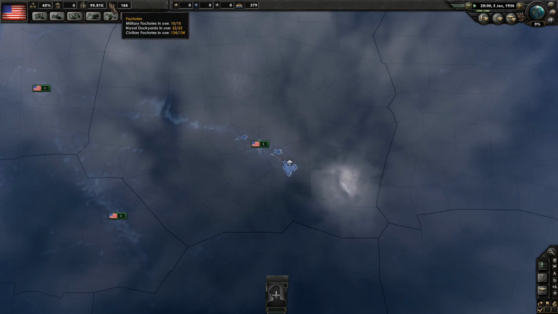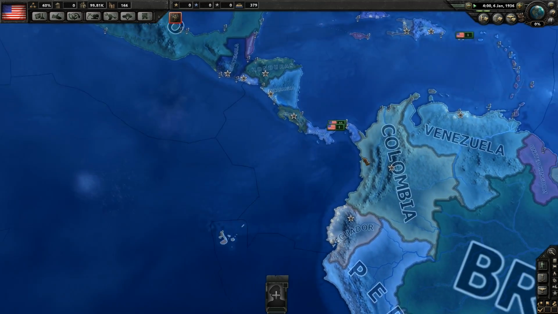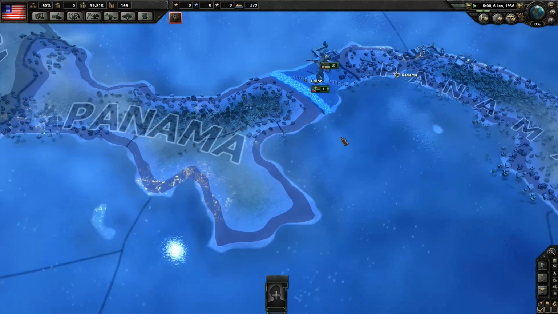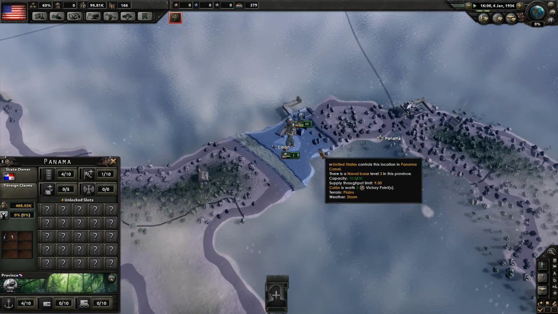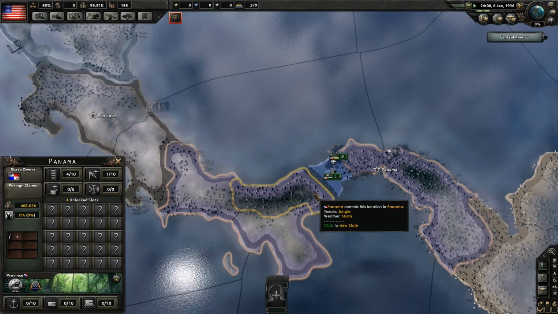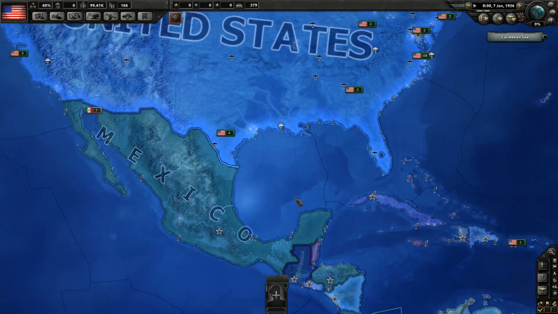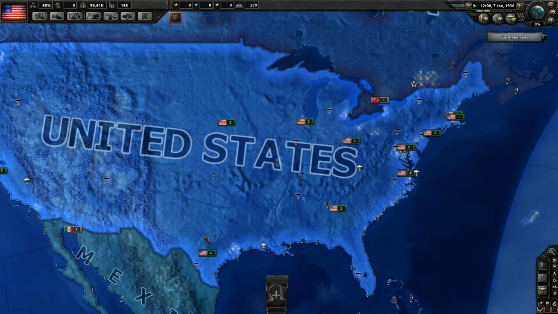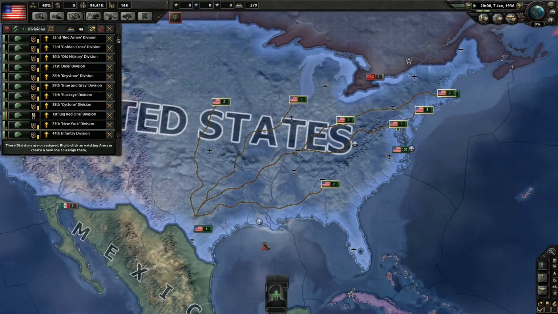Now, I only have less than 100k manpower. Great Depression is killing us. Oh, yes, we do have Panama. That's pretty cool. Oh, we have a little bit of Panama. I think we have the canal. Half the canal right there. That's right. It was Jimmy Carter signed away the Panama Canal to the Panamanians, and then Clinton oversaw the